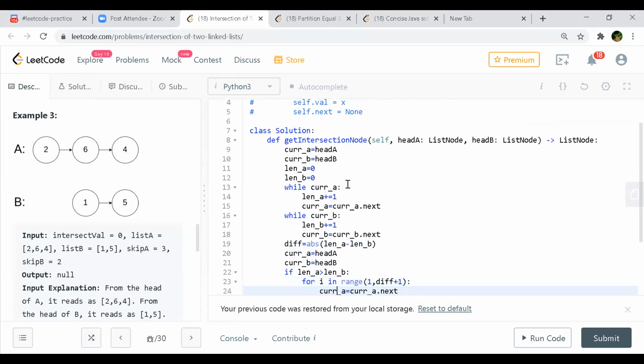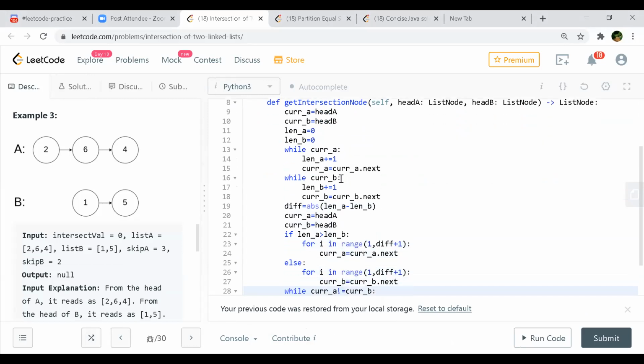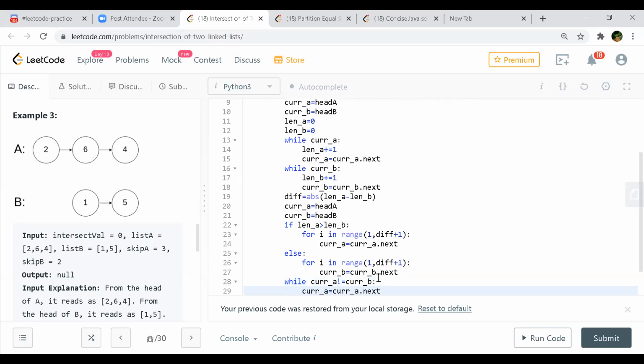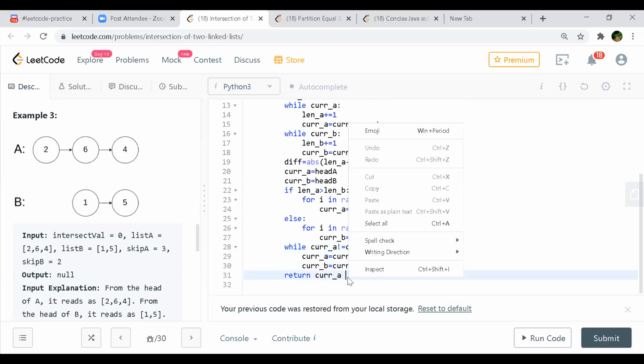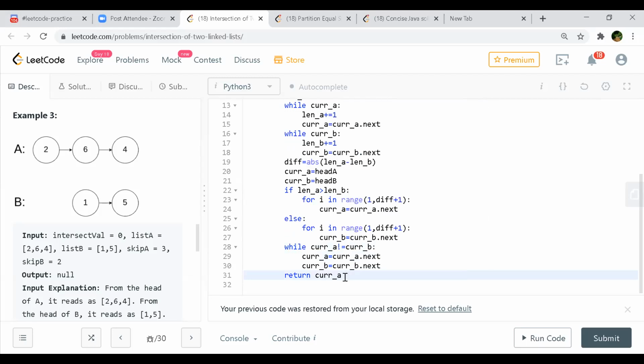Once I get the difference, I'll check whose length is bigger, either length A or length B. If length A is bigger, then I'll walk my current A pointer that many steps, or the other way around, if B is bigger, then B will reach that point. Once both of them are at the parallel point, as long as the addresses of both are not equal, keep on moving both of them. And the moment they are equal, you return either current A or current B, because both of them will be pointing to the same node.